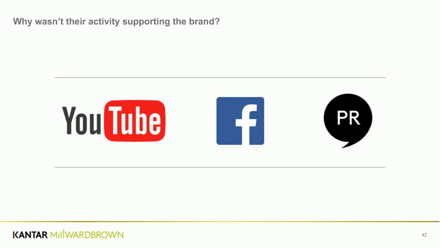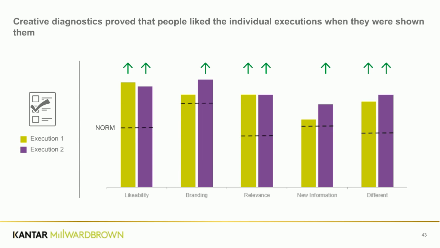So we started looking at whether there was something about the activity they were doing in these different channels that just maybe wasn't that good. So was it the case that the quality of the creative they put out was just not really good enough to engage people, so no one was watching it, and so it wasn't having any impact? So we looked at some creative diagnostics on the executions where we showed it to people in a survey and measured it as we would a normal piece of TV advertising.